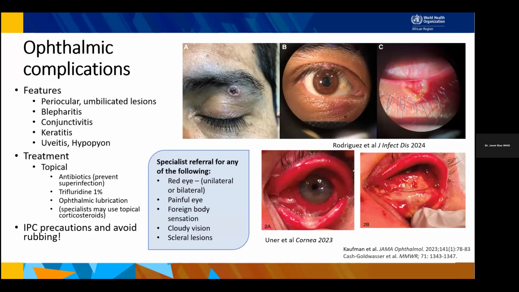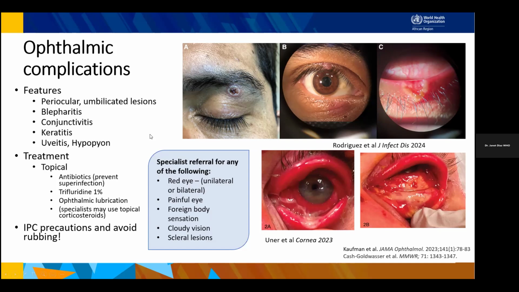It's important to do eye exams systematically in your patients to look for redness, conjunctivitis, keratitis, uveitis. And then for the treatment, I really would say, please consult an ophthalmologist. This is specialty care. The best approach to care may include some topical antibiotics. There are also some generic and broad spectrum antivirals that have been used. And in some cases, specialists may choose to use topical steroids. But again, the recommendation here is to really consult your ophthalmologist and have someone take a good look